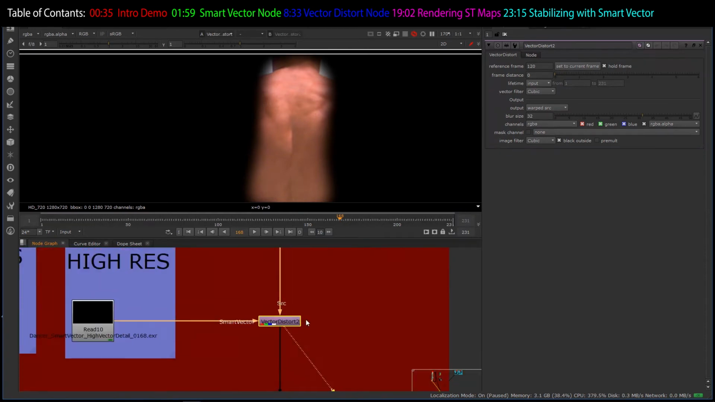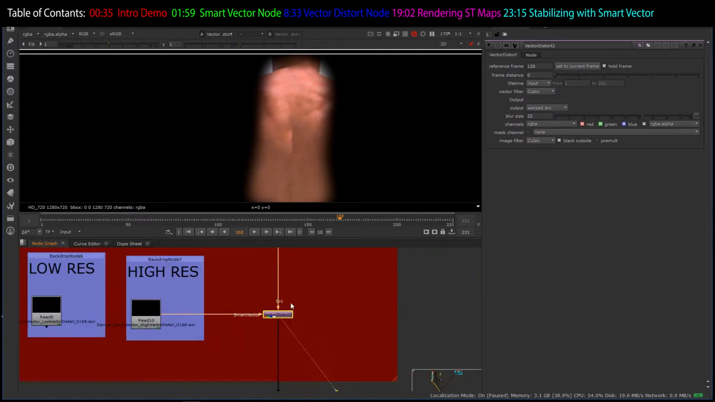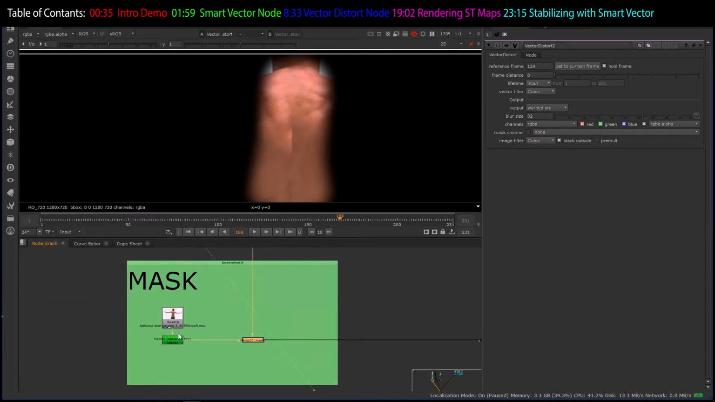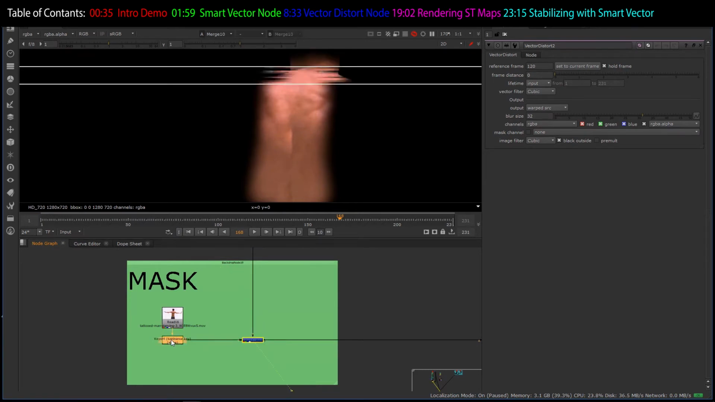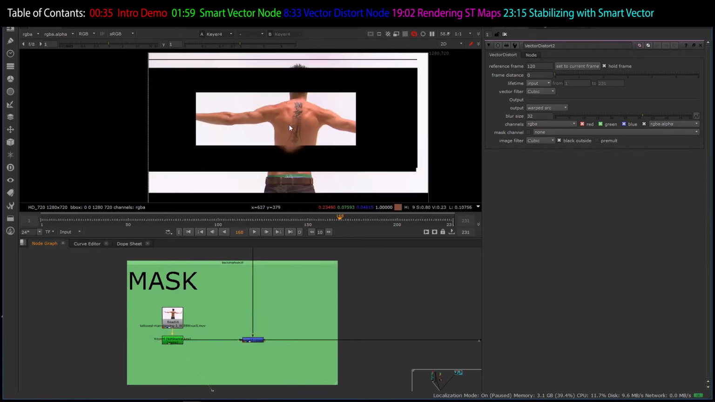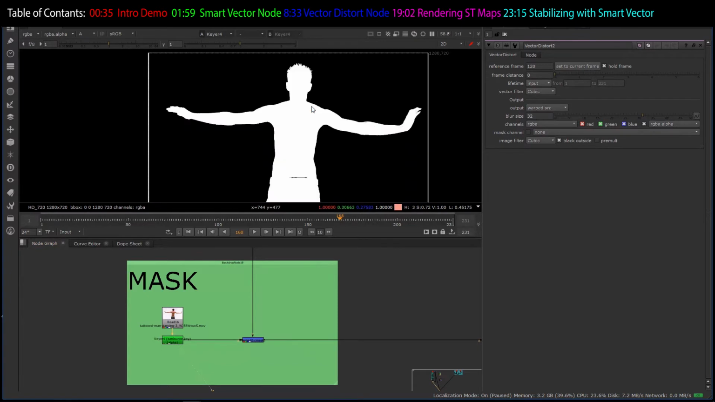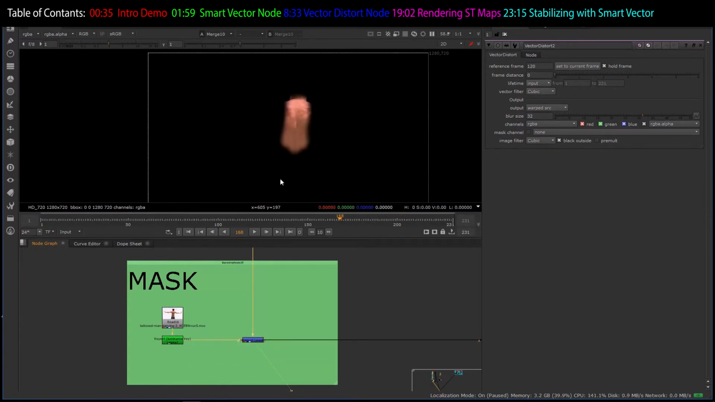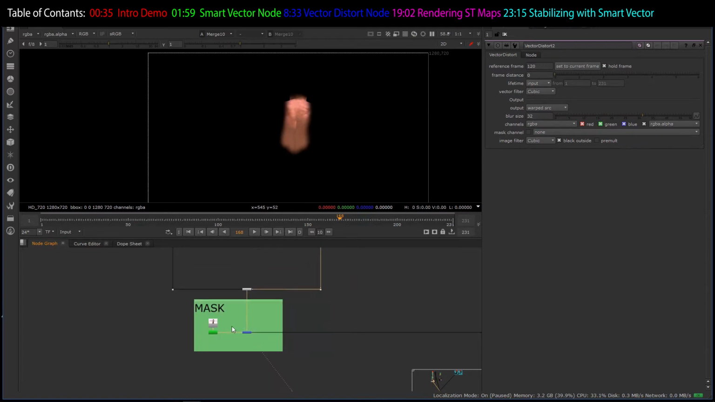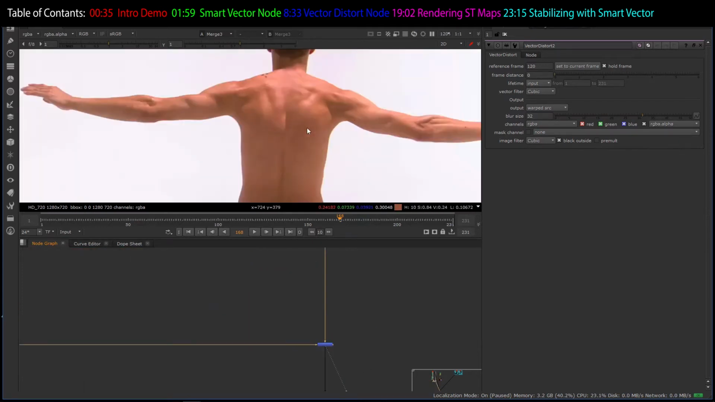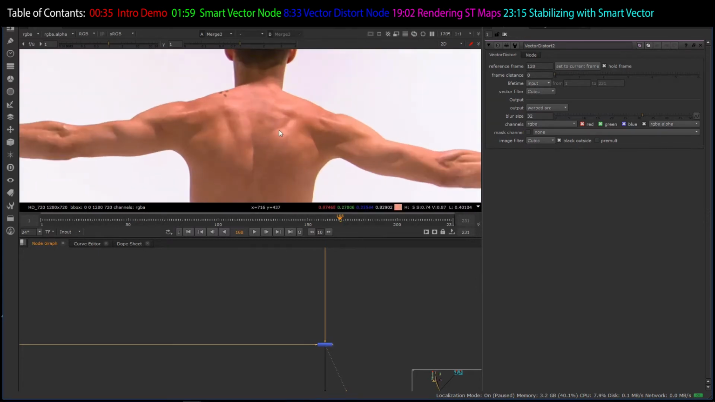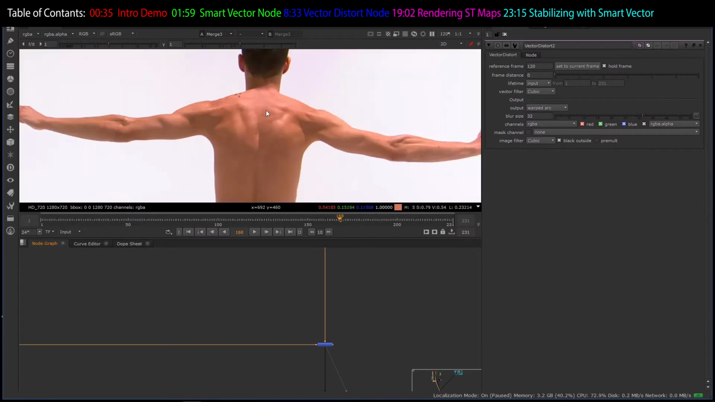after I did that, I took, sorry, I'm lagging a little bit. I took the alpha of the guy right here, and I masked it out just to make sure my patch doesn't go outside that boundary, and then I merge it over. So now I have a clean patch with the smart vector attached to it, and as we start